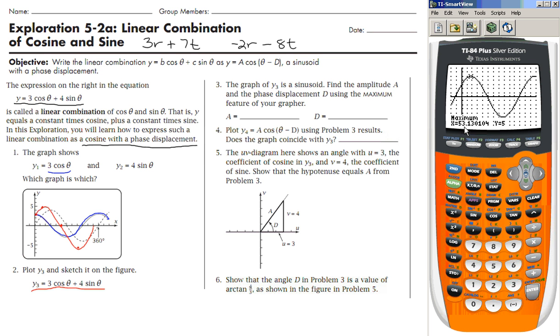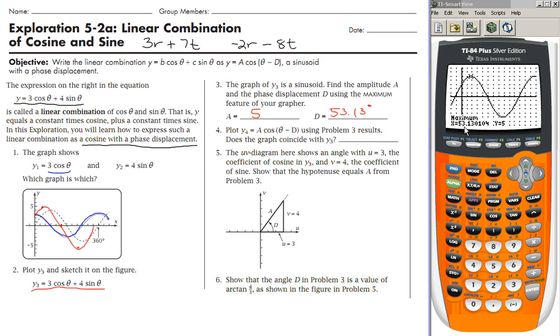Okay, so what I want you to do now is look at question number 3, which says find the amplitude A and the phase displacement D using the maximum feature of your graph. Go ahead and pause this, write down what you think the answer is for A and D, and then come back. Did you pause it? Really? Go do it. No, really. Pause it. Okay, so I think the amplitude is 5, and I think that the phase displacement is 53.13 degrees,